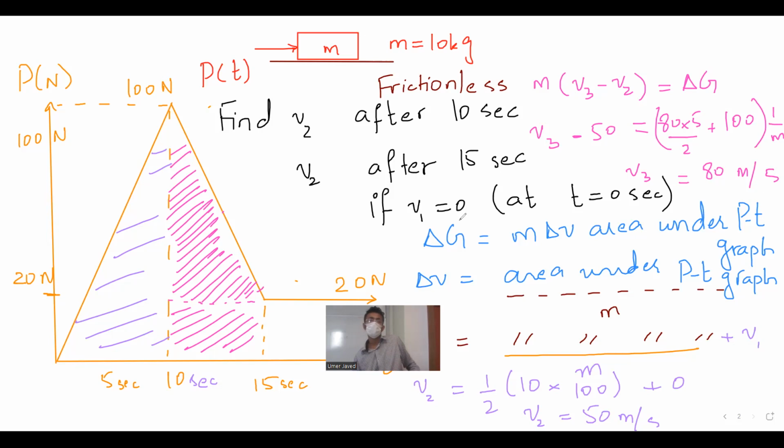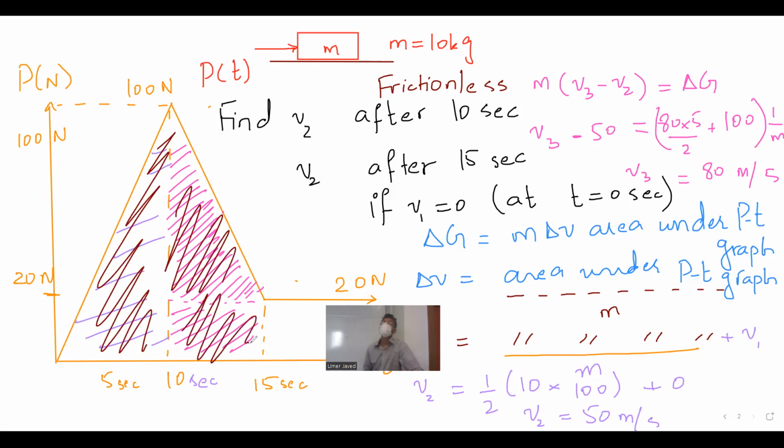And there are students who are saying, but why did you do it in little chunks? Can we find V3 directly from starting? Oh, of course. Then you will do this whole thing plus this whole thing plus this whole thing as V3 minus 0 is equal to the area under the whole curve divided by the mass. But anyways,